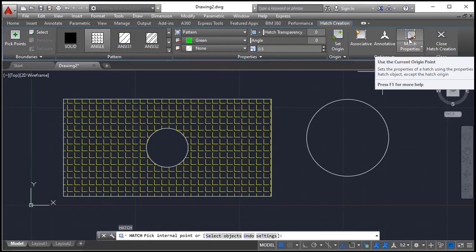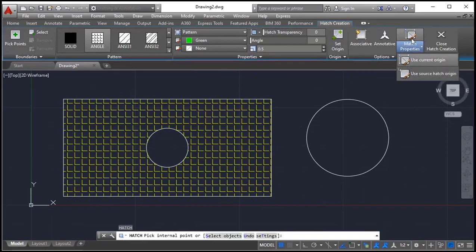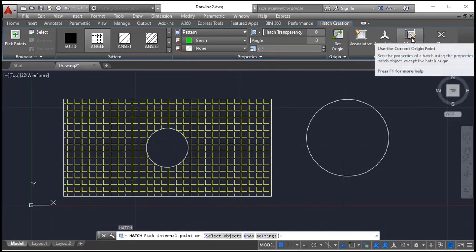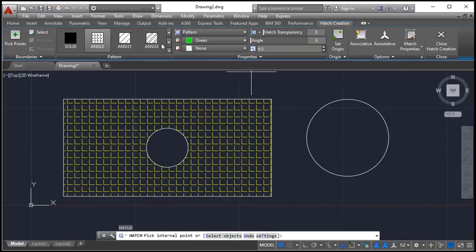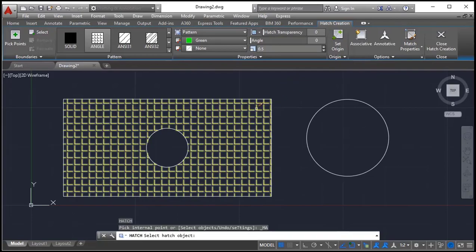Before going to annotative, I will show what match properties, use current origin and all are. Let's see, match properties: I am just creating a hatch pattern. See, with the previous properties, it is automatically detecting and giving the hatch. What I want is to apply it here. Simply click on match properties. A paintbrush will appear above the big box.